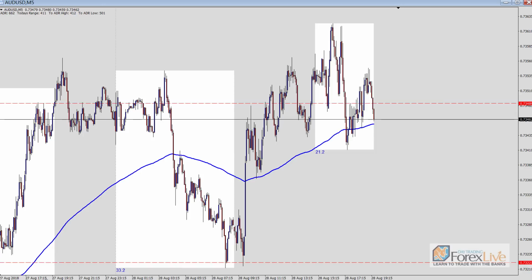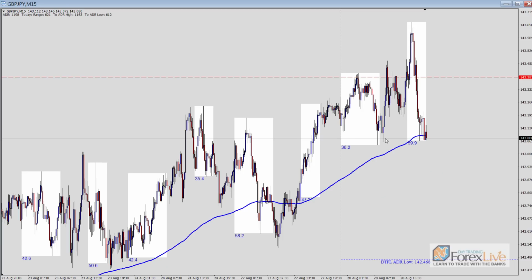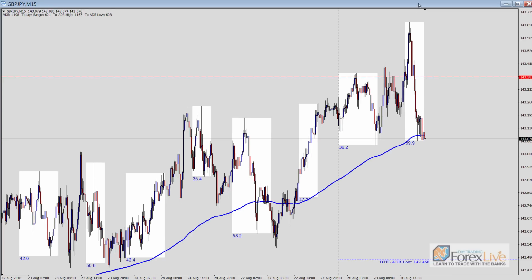But for those of you guys that understand the confirmation entry and you want to expand beyond that, that's really what this is about. So the pound yen's a good example of what I term a blow-off type day, where during the New York session, New York makes a really aggressive move and then completely retraces that move. The follow-through for the next day, so I'm talking about 12 hours from now when the next day starts, what's likely going to happen here with the pound yen,